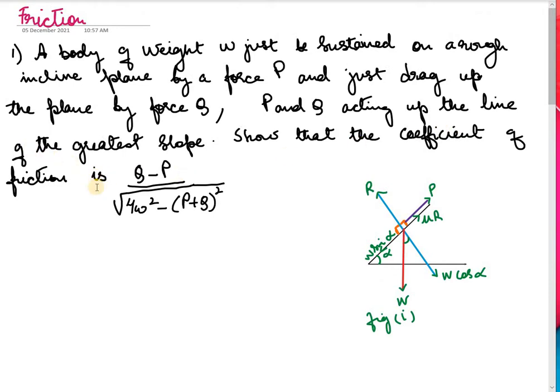So let us discuss the result here: how to show that the coefficient of friction, mu, is equal to (Q minus P) divided by the square root of (4W square minus (P plus Q) the whole square). So what we have to do here is